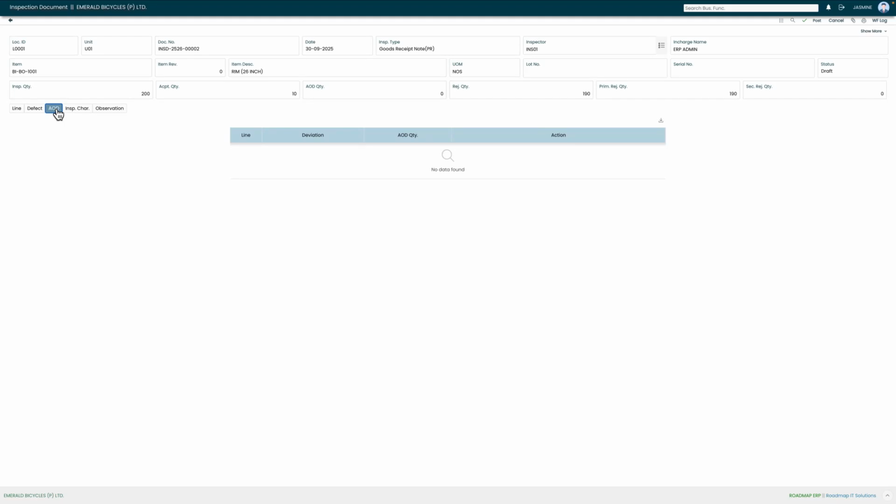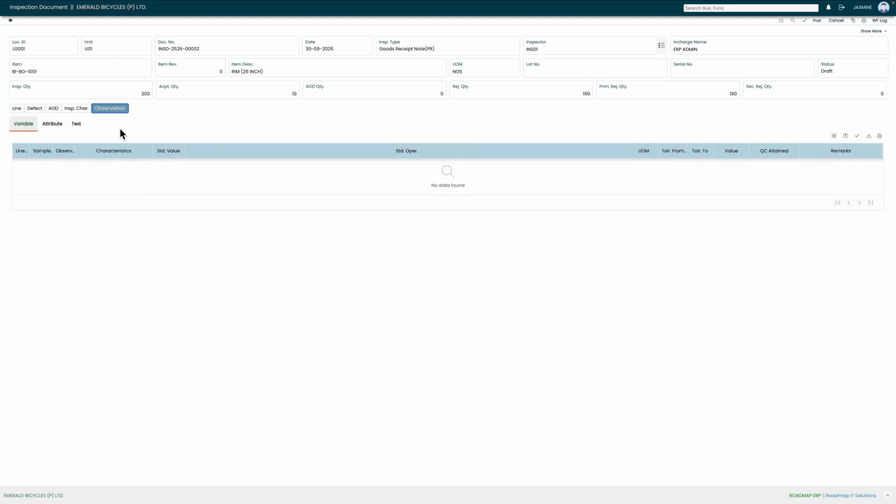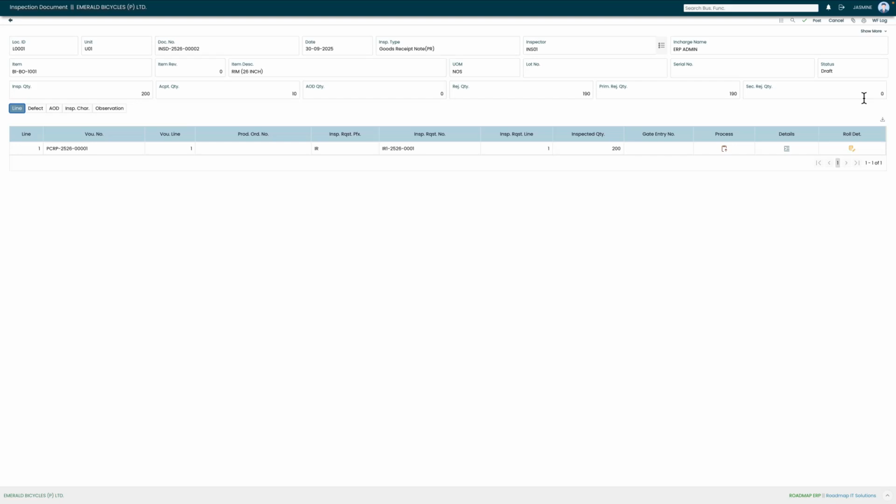And then you have your AOD, that's accept on deviation, and then comes your inspection characteristics, a specific feature or parameter of a product that must be measured or checked during inspection to ensure compliance. And then you have your observation. It's an observed result or remark noted during inspection. It can be quantitative, a measurement, or qualitative, a comment or visual finding. After giving all such details,